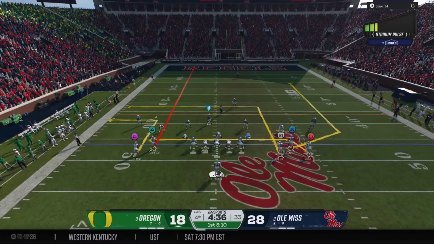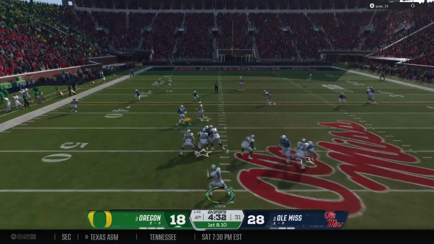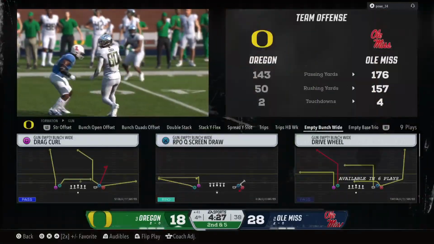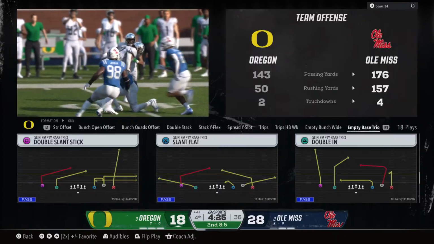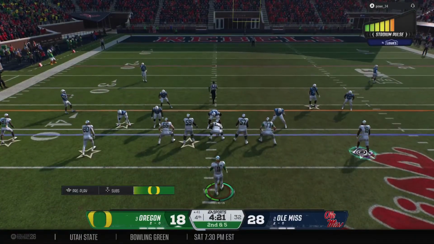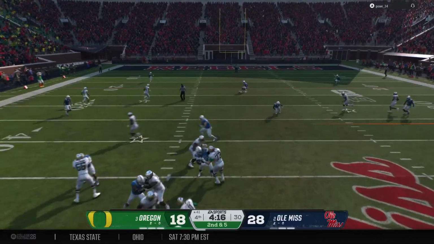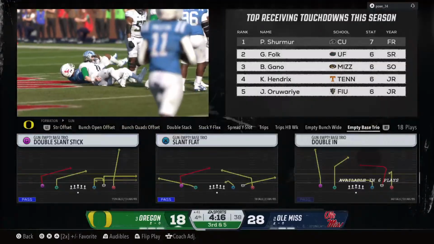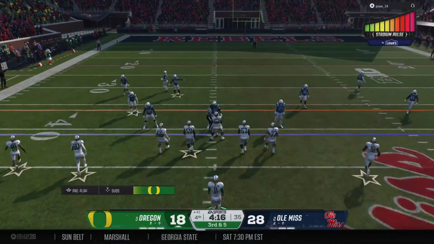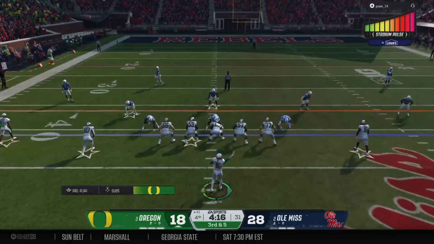The Ducks line up on 1st and 10 now, looking to throw yet again. Grabbed by the receiver. And they bring him down quickly, but that's a solid gain on the short throw. Double slant stick. Quarterback looks downfield to make this throw. He wants to get the ball to pick up enough yards for a first down. But instead, he gets the ball underneath to the drag route and gets some positive yards. It's incomplete. He was hit as he threw that time. And now third down coming up, to see if the offense can move the chains.